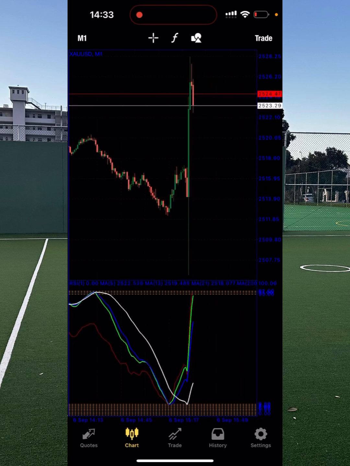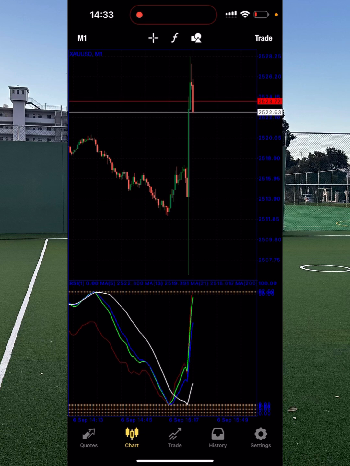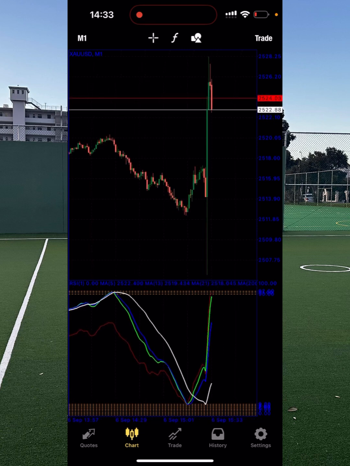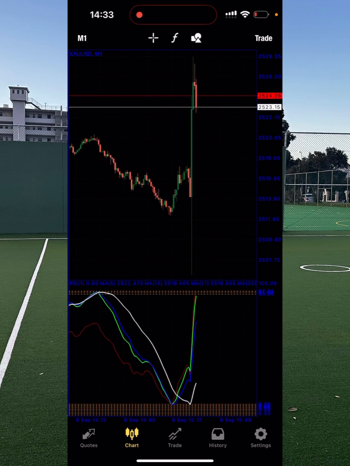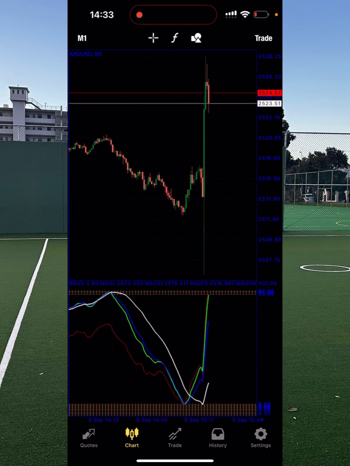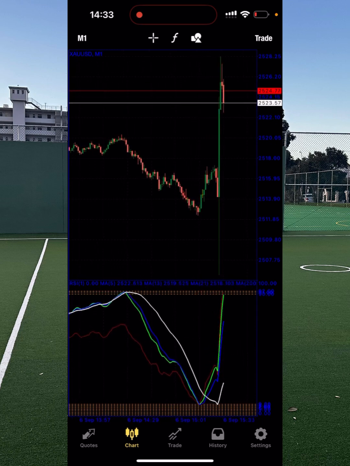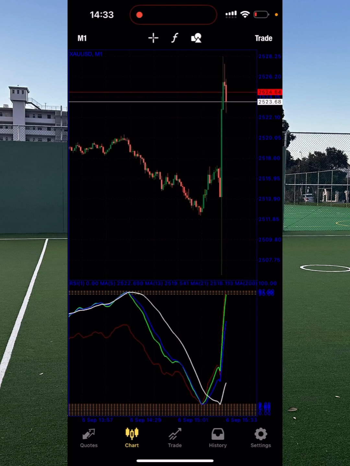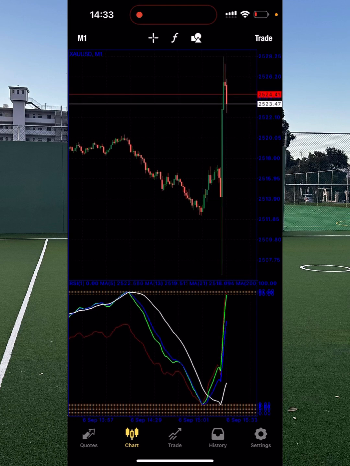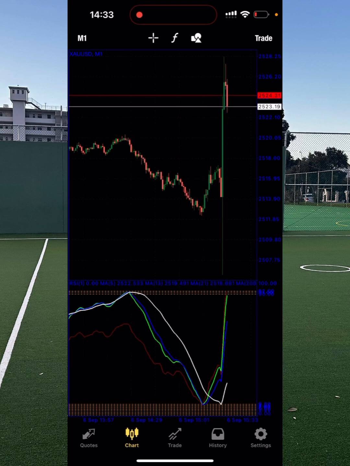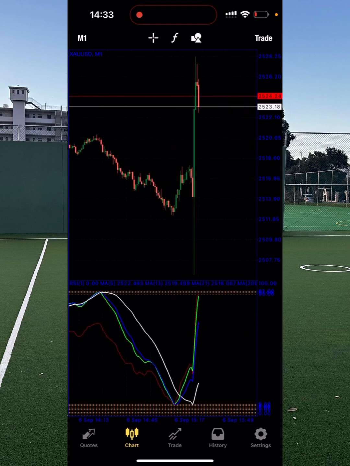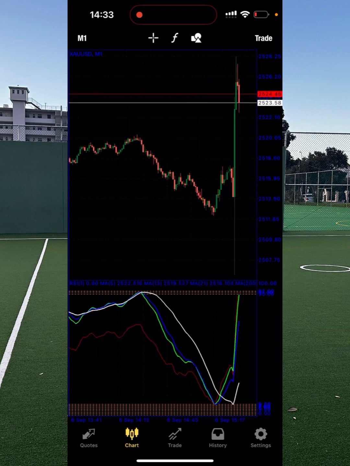So guys, I hope you learned something from this. Proper risk management, guys, is everything. In this account, I didn't use any proper risk management, because I was like, yo, I want to flip this account. It was 250 something, and I wanted to put this account on 1K. So this is what happened, as you can see.